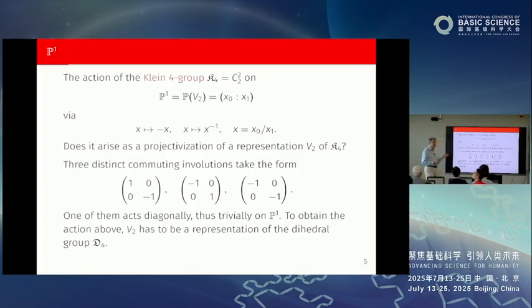The 2-dimensional representation of a dihedral group, after projectivization, will give you that action. That's the first thing we see: the difference between linear actions on projective space and projectively linear actions, where you have to go to a central extension of the group to get the action. Another thing we're seeing is that an abelian group acting on projective space doesn't have to have fixed points. Cyclic groups have fixed points, but not